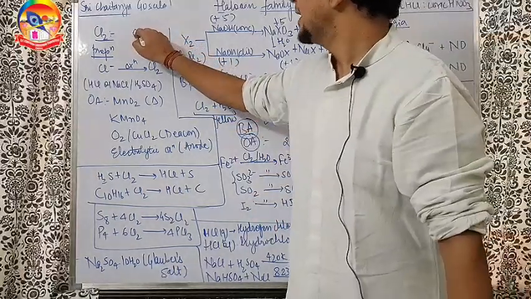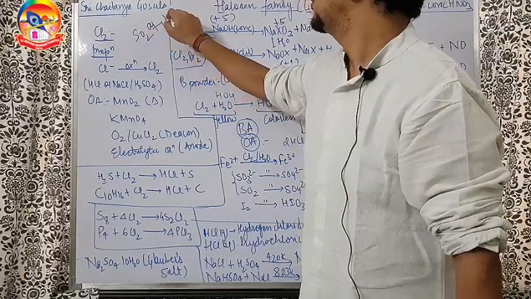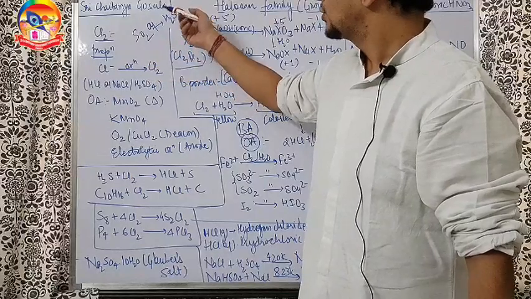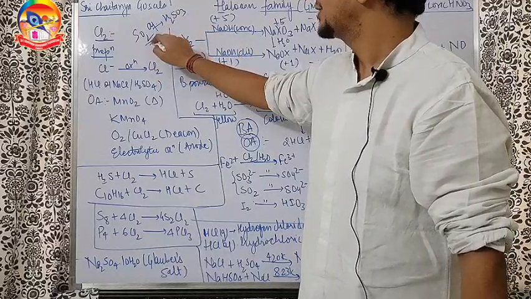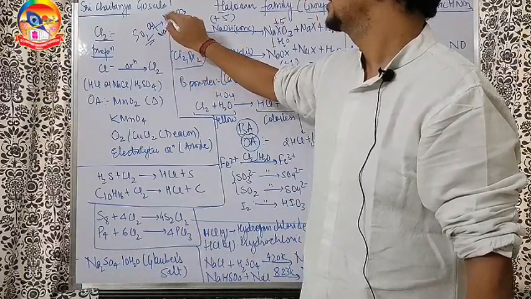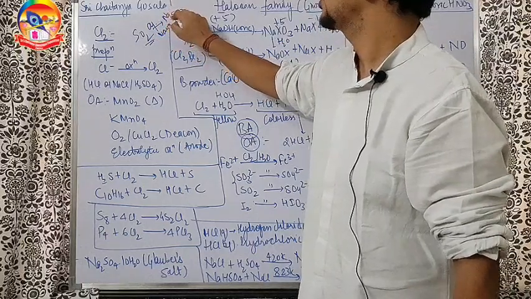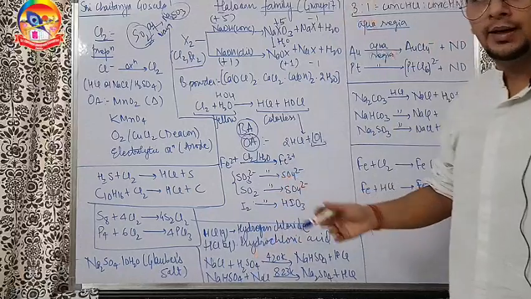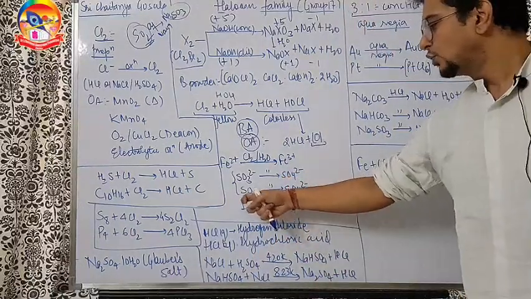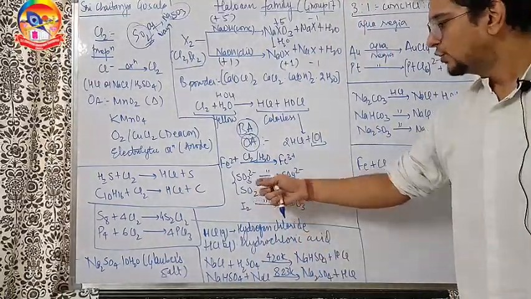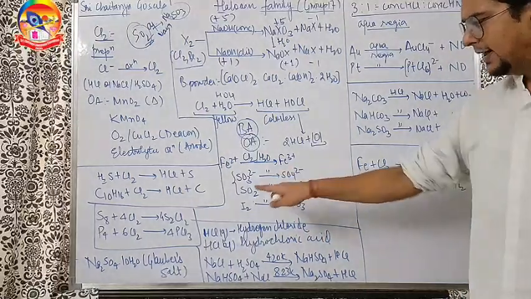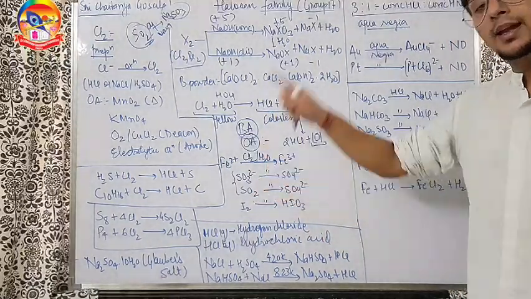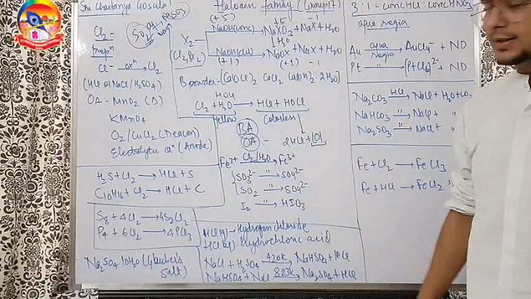Why? Because when SO2 goes in water, it forms H2SO3. So for example, in a basic medium, SO2 will react with, let's say, NaOH to form Na2SO3. So it's not a big deal to understand that SO2 and SO3 2 minus are the same only. The only difference is that SO2 is without aqueous solution, while SO3 2 minus is in the aqueous solution. In fact, we made SO2 from SO3 2 minus also in the oxygen family by simply adding H plus.